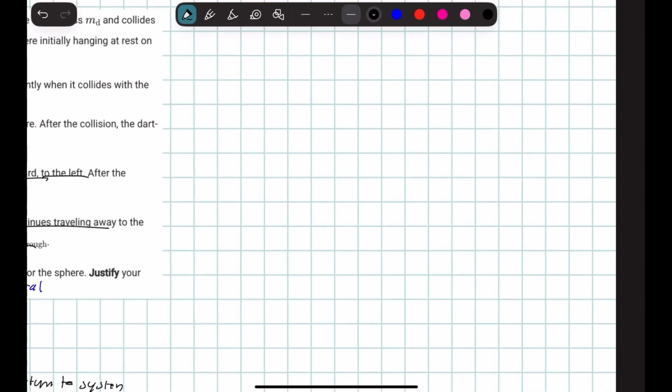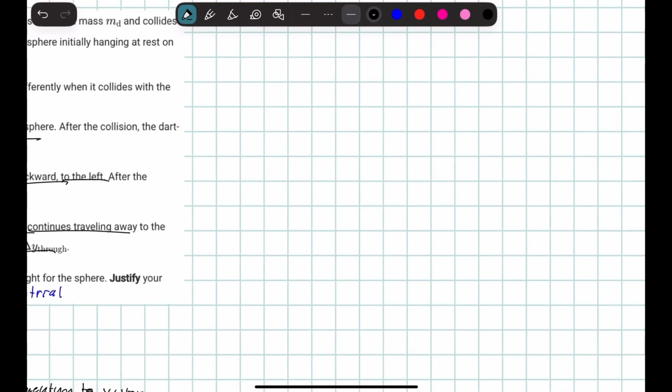So to decode this question more, what we're trying to find out is what can we do to make the sphere go higher. After the collision, the sphere swings upward, and at the very top, the sphere is momentarily at rest, and then all of its kinetic energy is transformed into gravitational potential energy. So the height depends on how much kinetic energy the sphere has right after collision, and we know that kinetic energy depends on the speed,